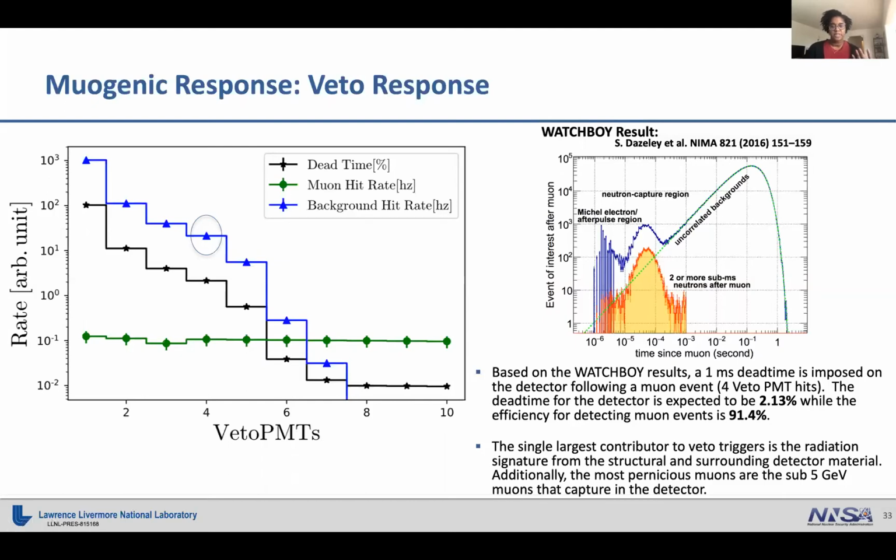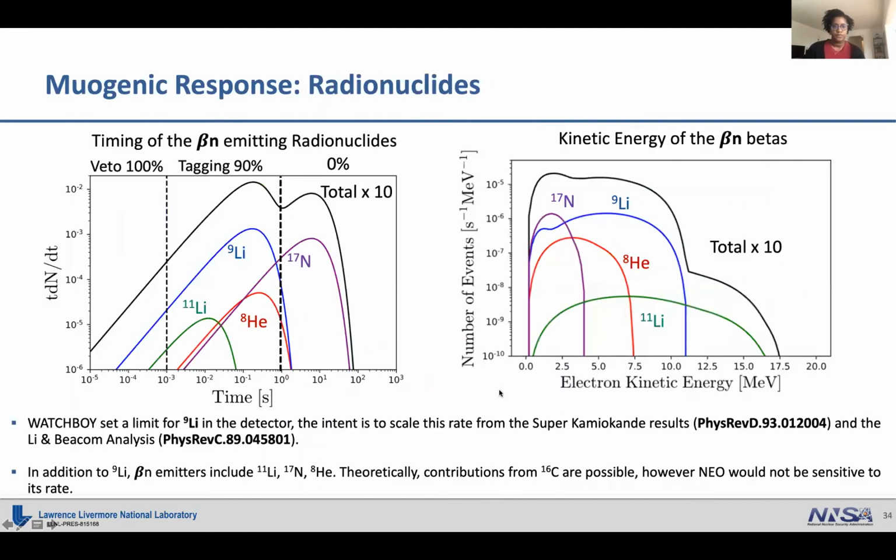muon detection efficiency. And then we also use some information that was gained from the WatchBoy result. They were able to show in this plot right here that if you just veto for about 30 microseconds, that should be significant to reduce the contributions from muon events. And so that's what we do in our detector. And then